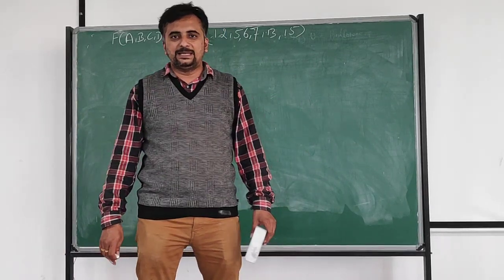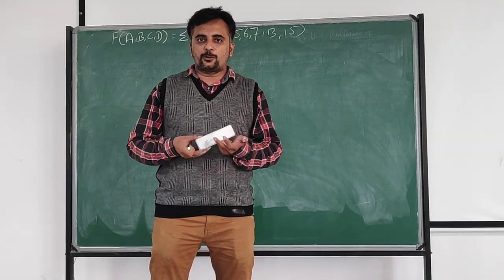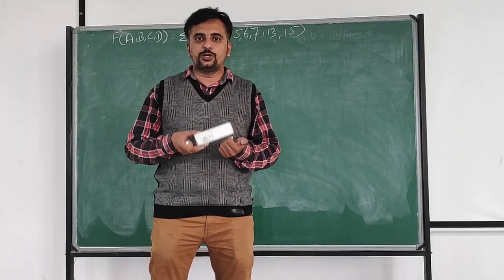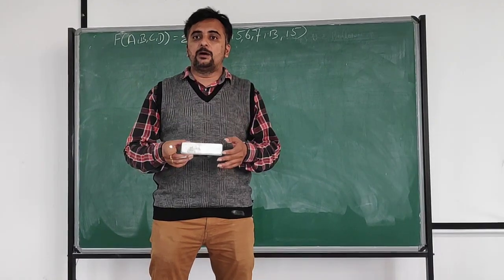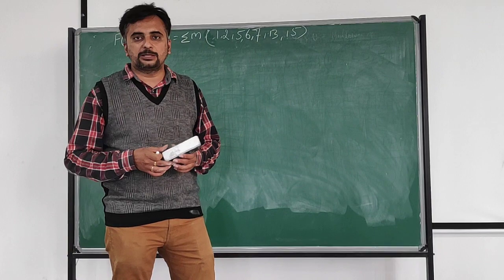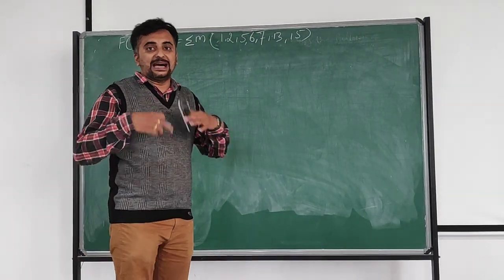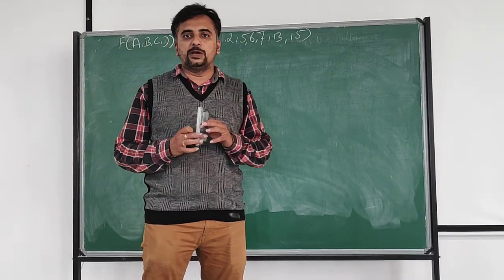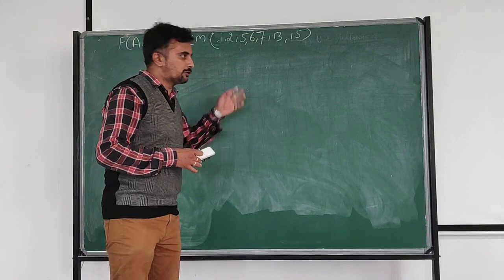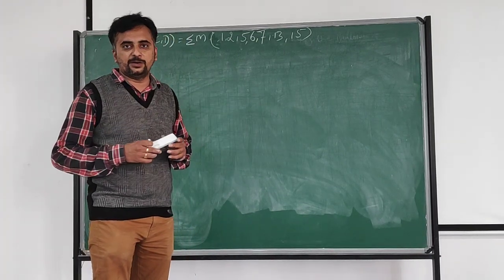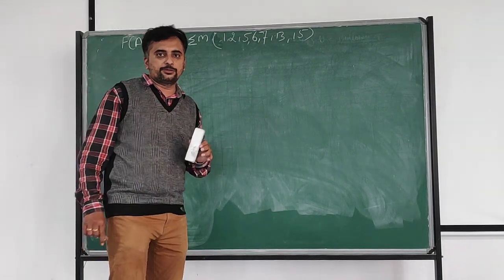Hello everyone. In the previous session, we discussed K-map, product of sums and sum of products, implementation of a multiplexer, and design of a multiplexer. I also explained one problem regarding the Quine-McCluskey method. In today's session, I will discuss another set of problems regarding the Quine-McCluskey method. This is a very important question. I am going to explain some more problems in the coming videos. Today I will explain this problem regarding the Quine-McCluskey method.